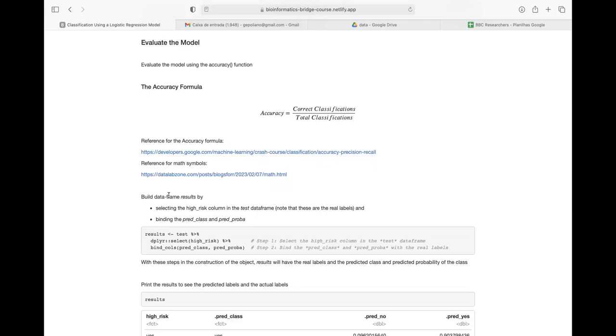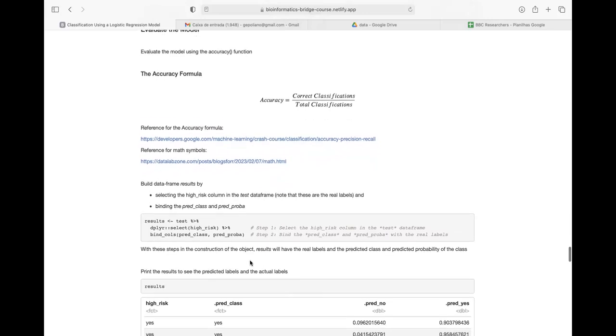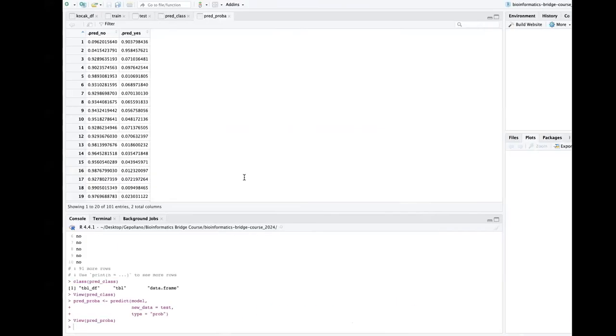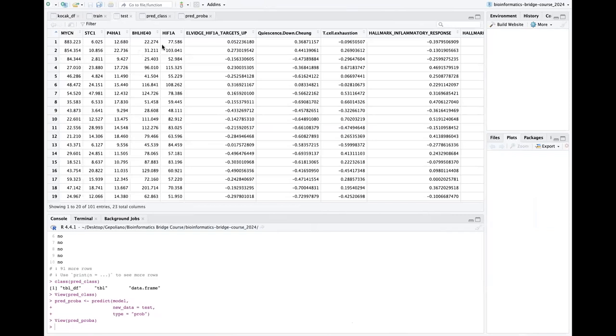In order to do that, we have to build the data frame results. And it's important to explain the steps in this way. We're going to construct the data frame results by selecting the high-risk column in the test data set, because if you remember how we constructed the test data set,